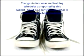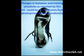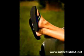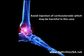Changes in footwear and training schedules, as reported by this patient, could be a contributory factor to the development of Achilles tendonitis. Treatment is RICE, which stands for rest, ice massage, compression, and elevation. Avoid injection of corticosteroids, which may be harmful in the case